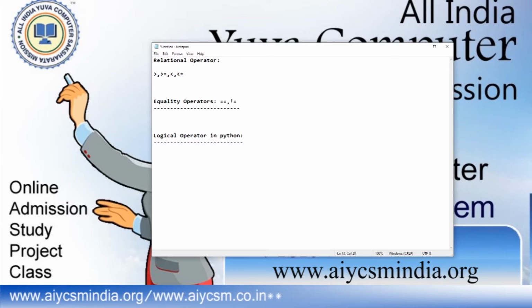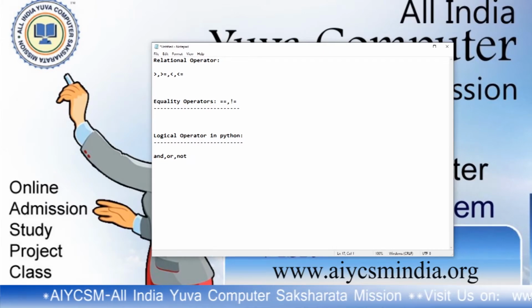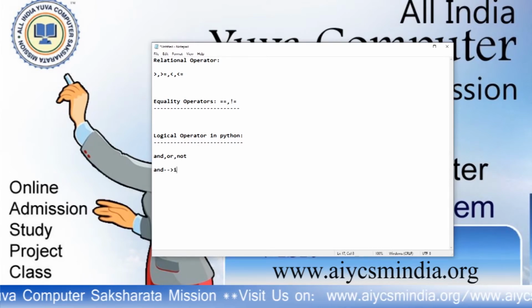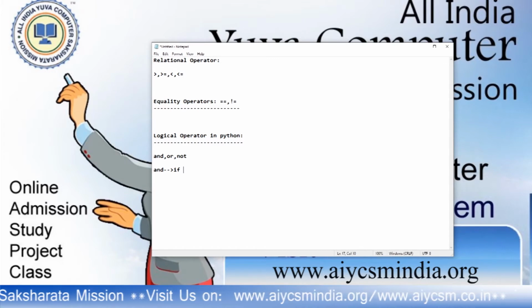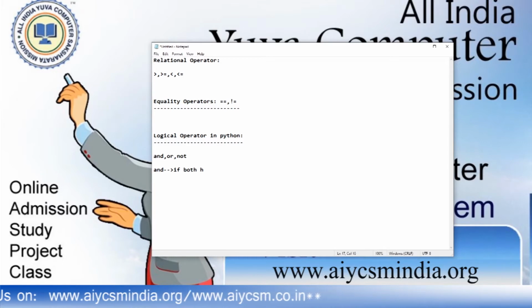These are the three logical operators that we have in Python: and, or, and not. These are the three logical operators that Python has, for Boolean type of behavior. And is just like that: if both the arguments are true, then only the result is true.